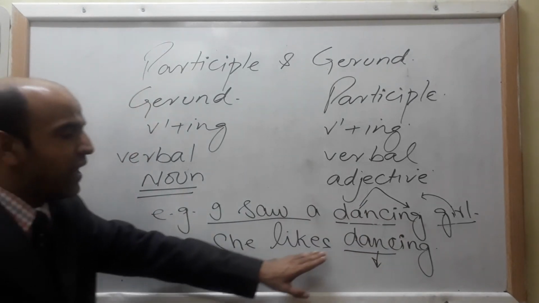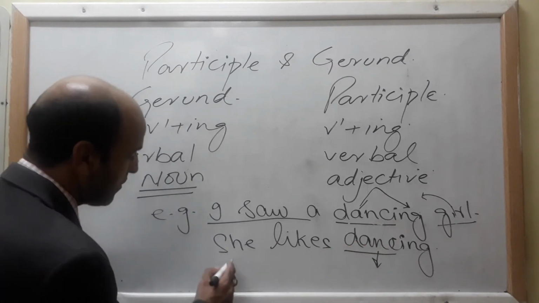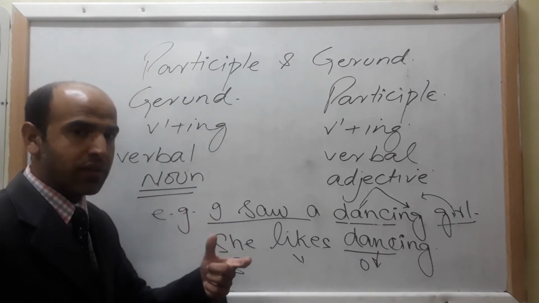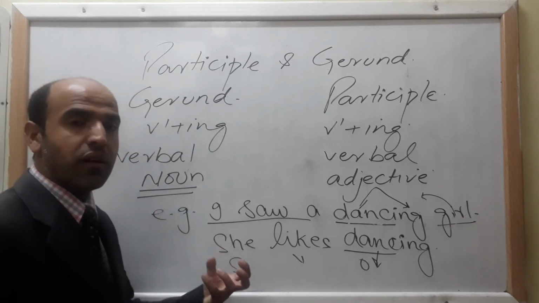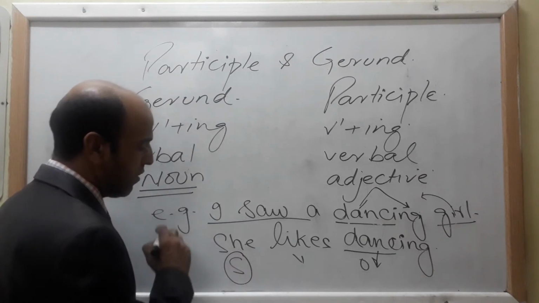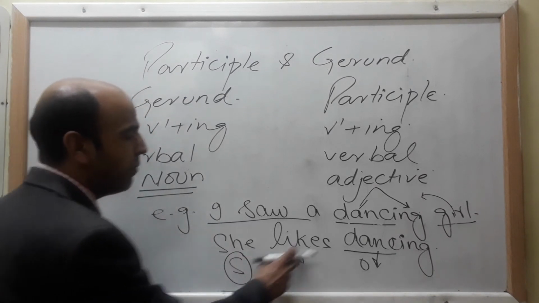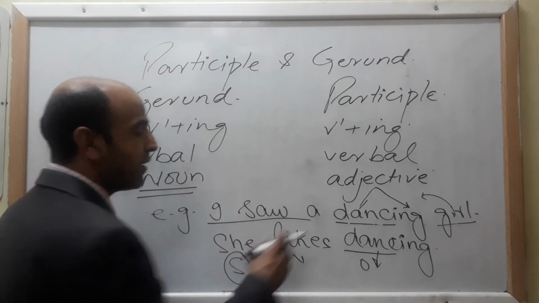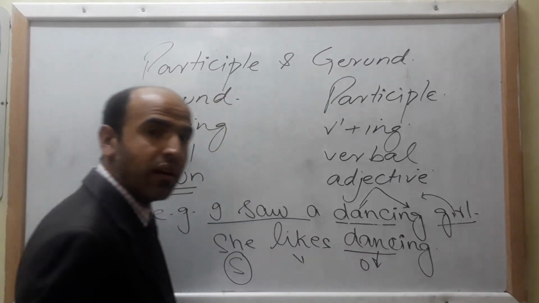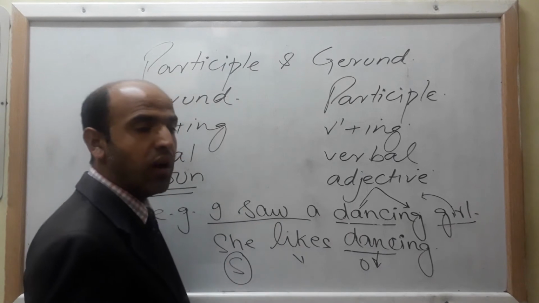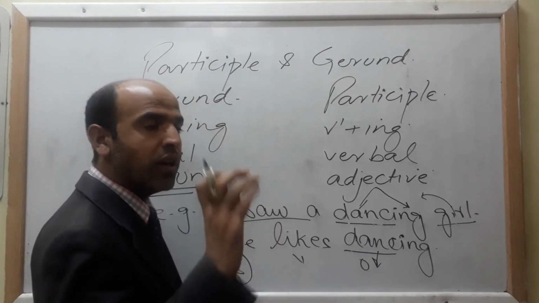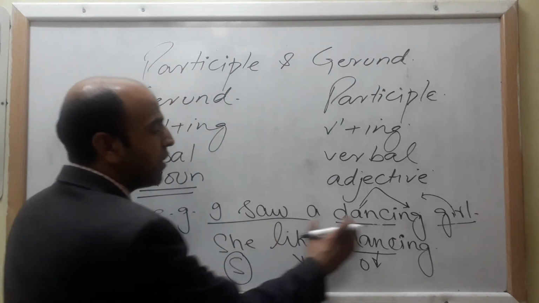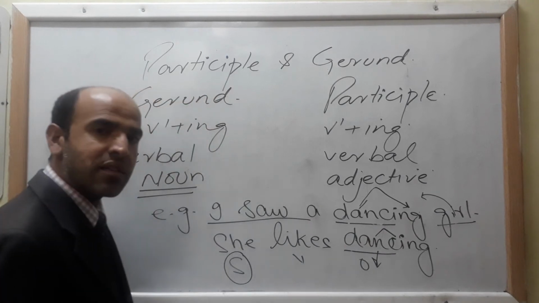Second example: she likes dancing. Now the question: subject, verb, object. When we talk about sentence structure in the English language, you will know very well that it is subject, verb, object. Here, she likes, what does she like? Dancing. Clear? Here you can see that your object could be a noun or a pronoun, no other language item. Only a noun or pronoun could be your object in a sentence. So here, your V1 plus ing is functioning as a noun in a sentence.